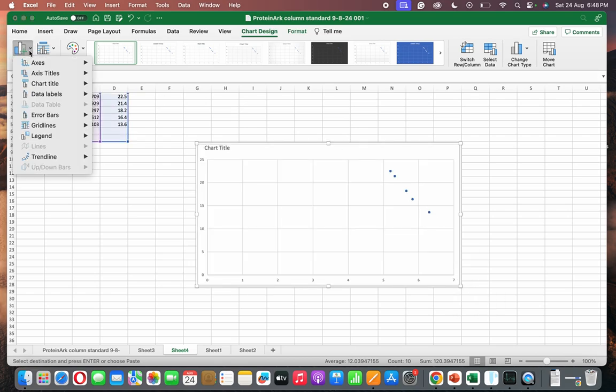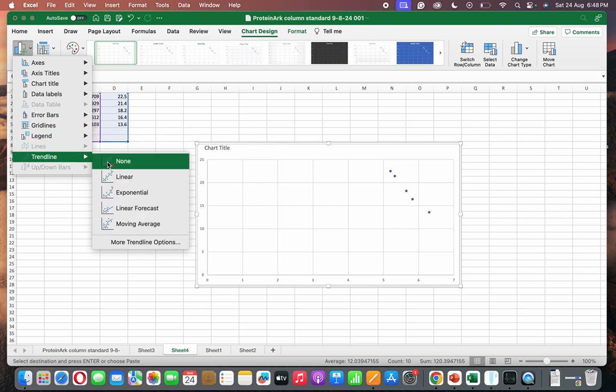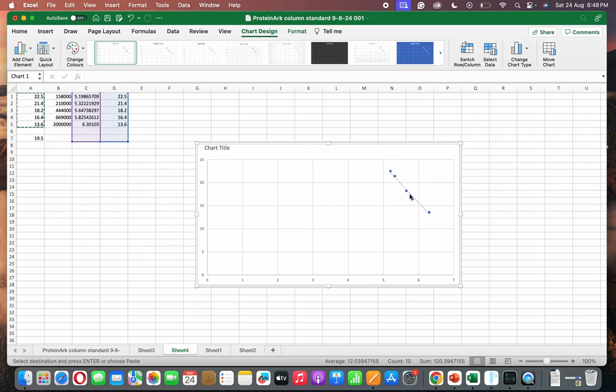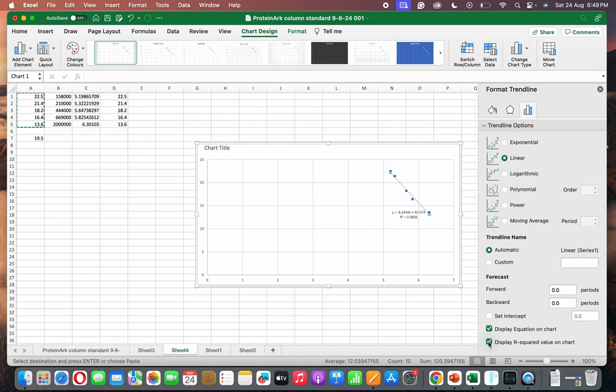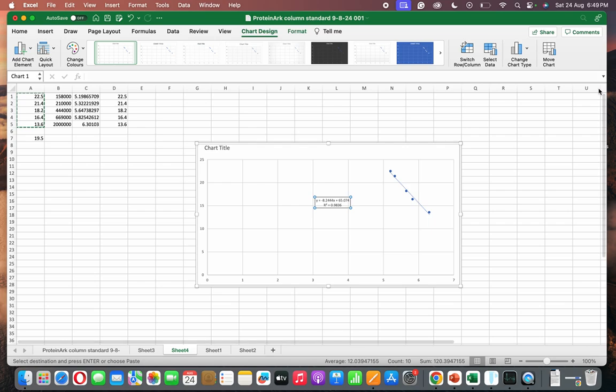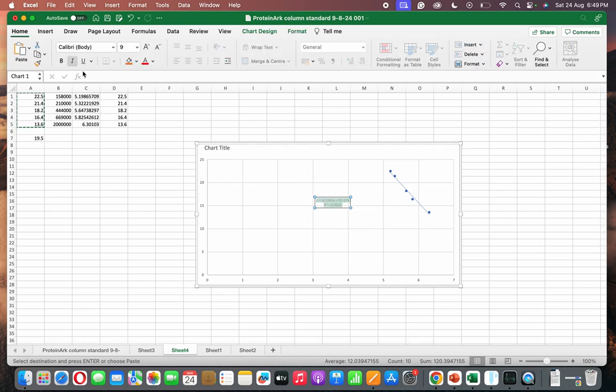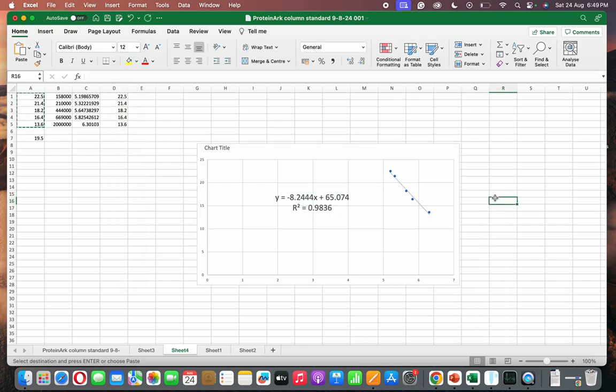Okay, let's add a trend line. So here we've gotten the equation of our standard curve, and we can use this equation to find the approximate molecular weight of our unknown protein, like we just